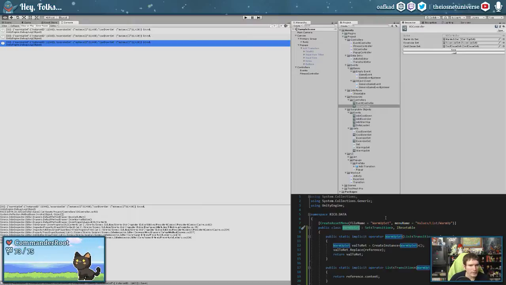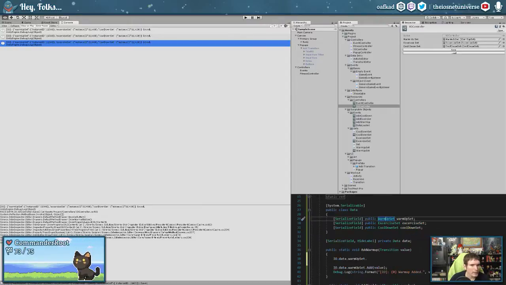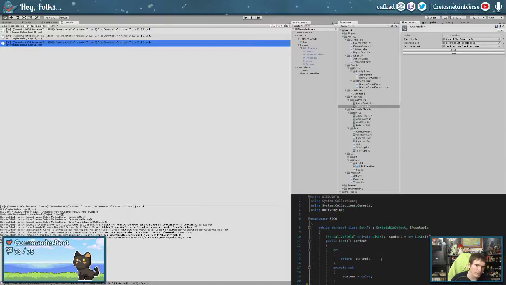Didn't make question marks, and we have the implicit operator, which means we should have two different. We should have a lowercase add as well, I believe. No, it's still uppercase. And if we have 12 that takes us here.